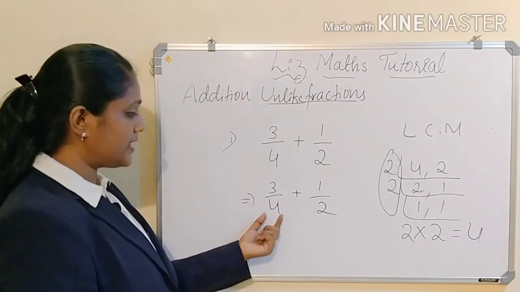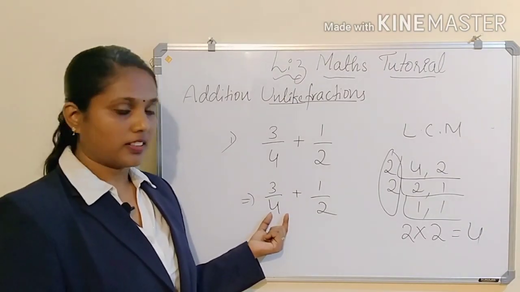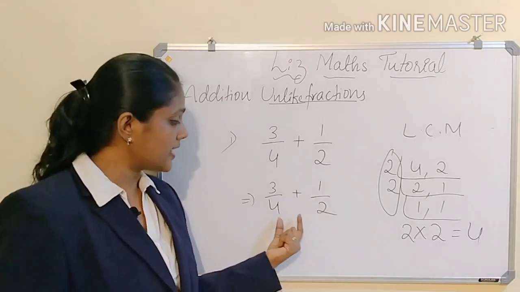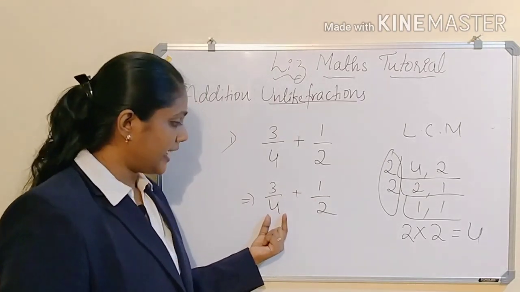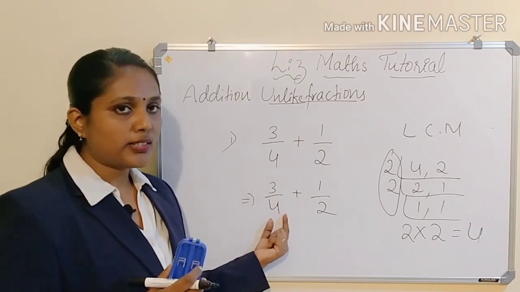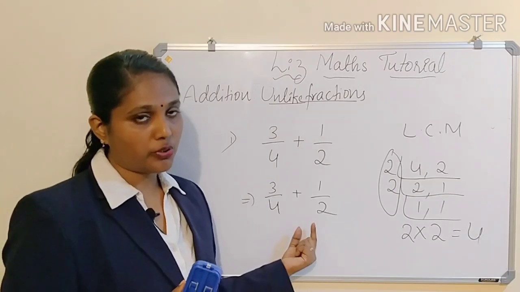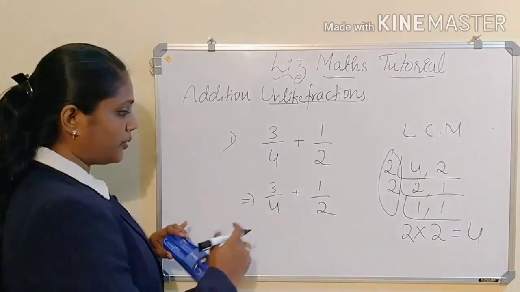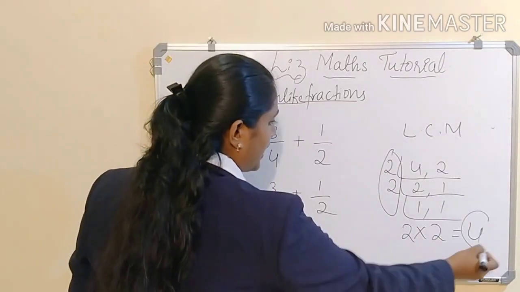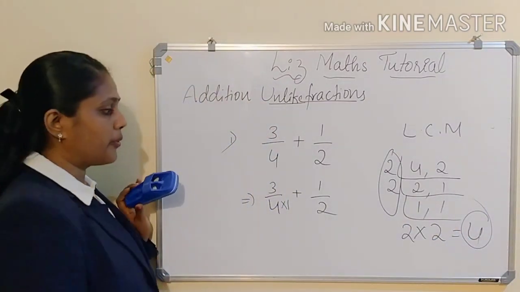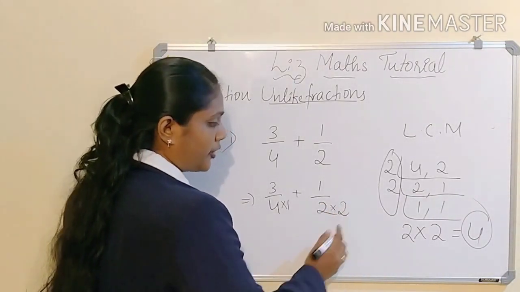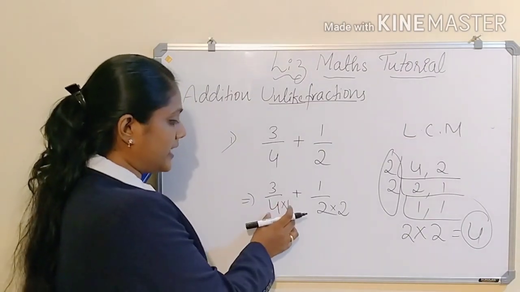See, when the denominators of these two fractions are different, you have to check it. See here, when you multiply some number by 4, when will that give you 4 as the answer? You know that in the one table, 4 ones are 4. Am I right? 4 ones are 4. But when 2 comes, 2 twos are 4 you are getting, isn't it? So when you are getting this